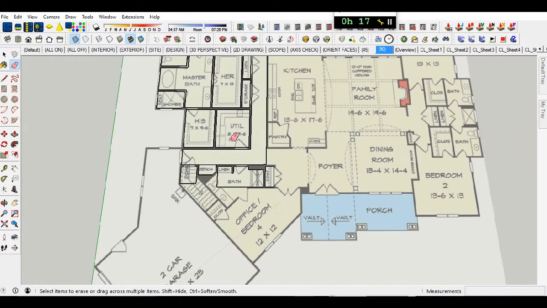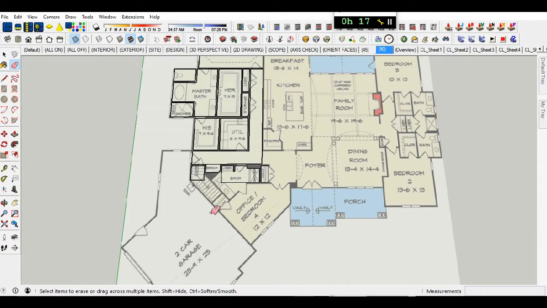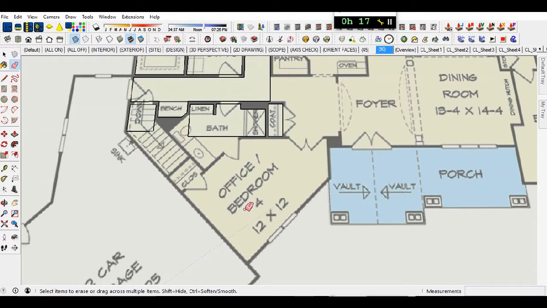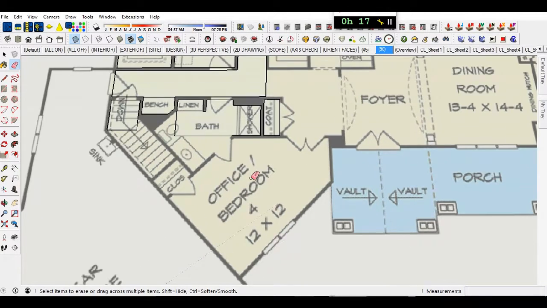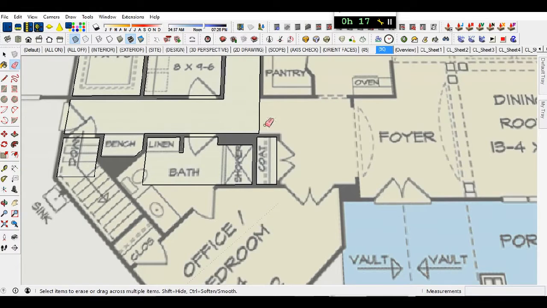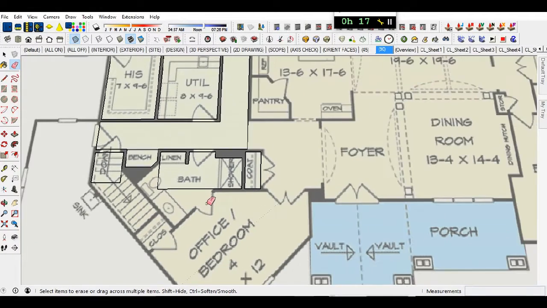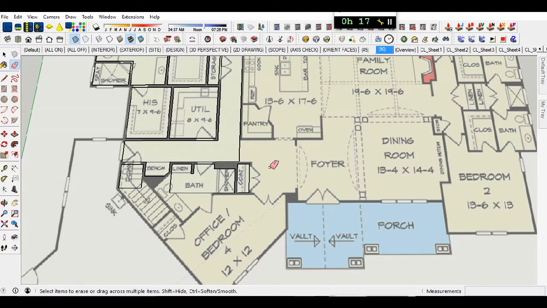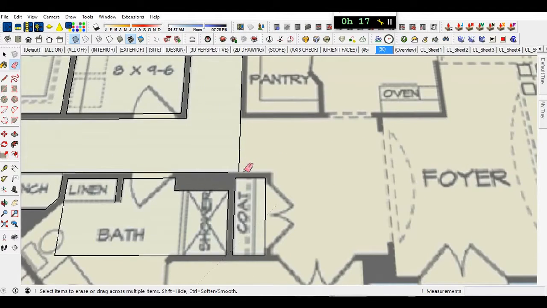Sometimes I'll reference like so, get it to the right size in one sense, and then drag into place, and then add to. So that appears to be the correct